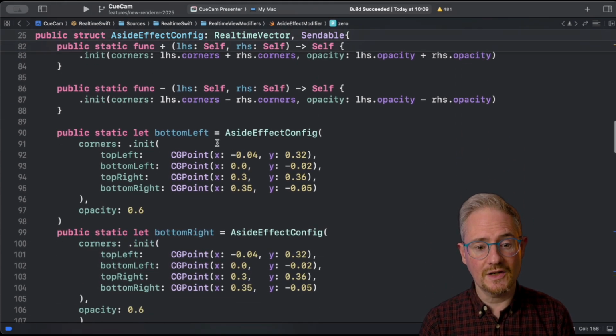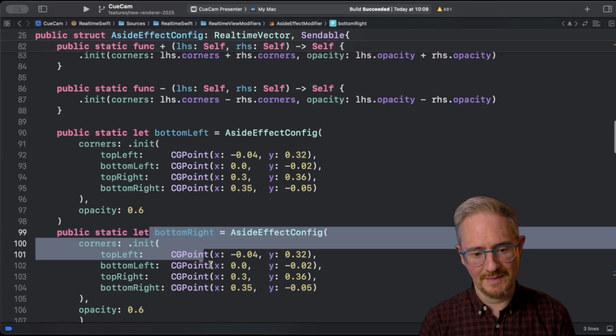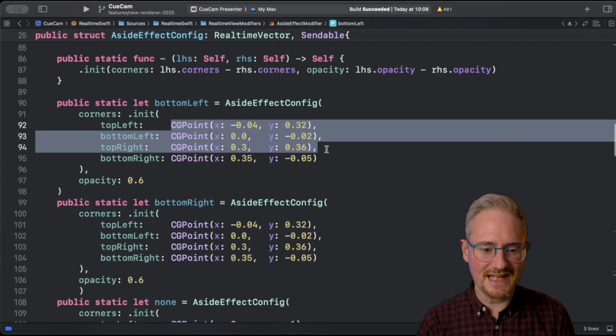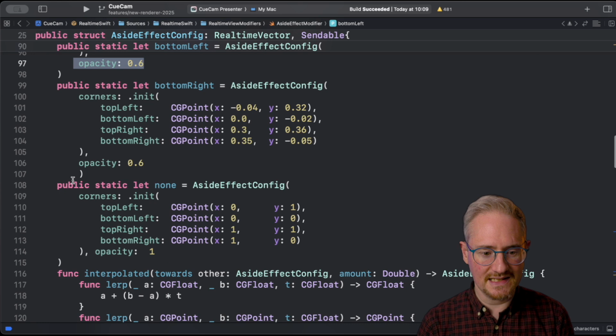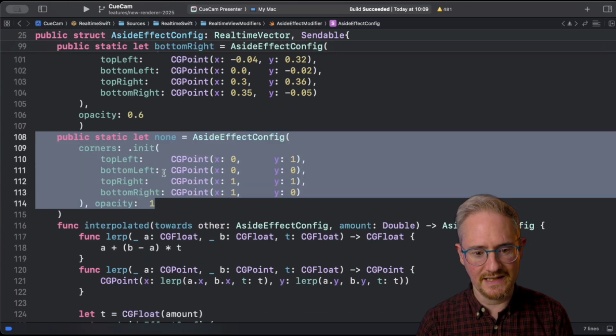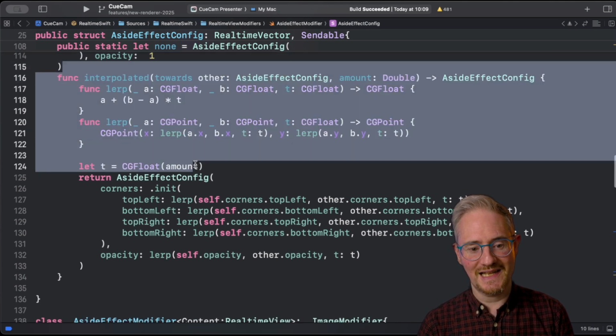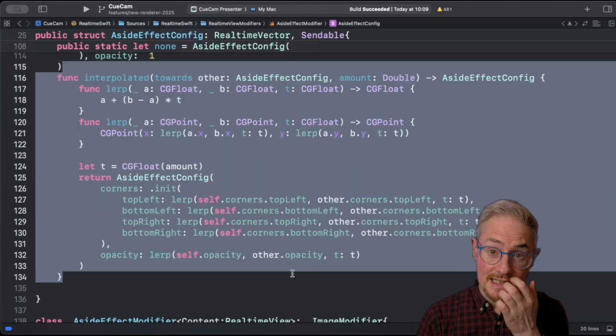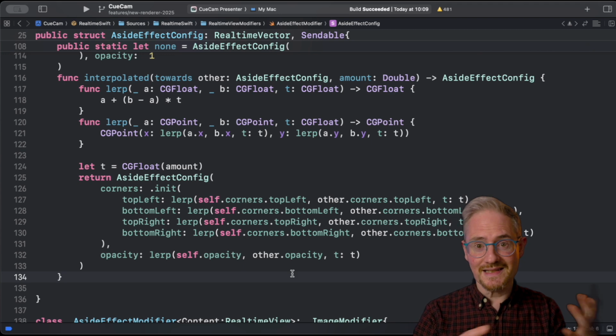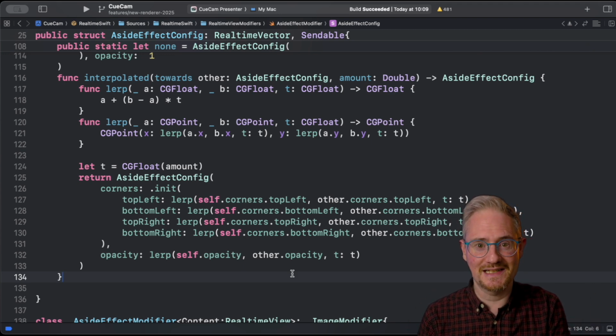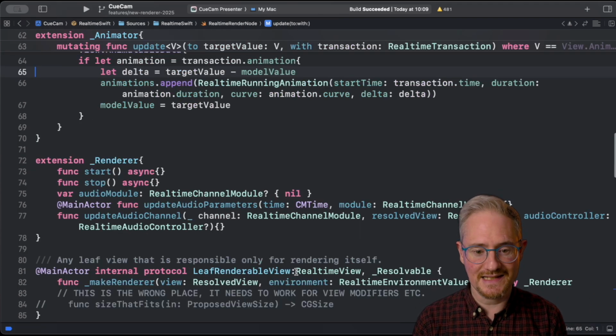And then I've got bottom left, bottom right. This isn't implemented yet, but I've got a different set of points for each of these, and then the opacity is this. Or if we're full screen, then we're top left, bottom right, and opacity 1. And you can see the interpolated implementation here as well. So this is what it looks like in the most chronic case, and that's how